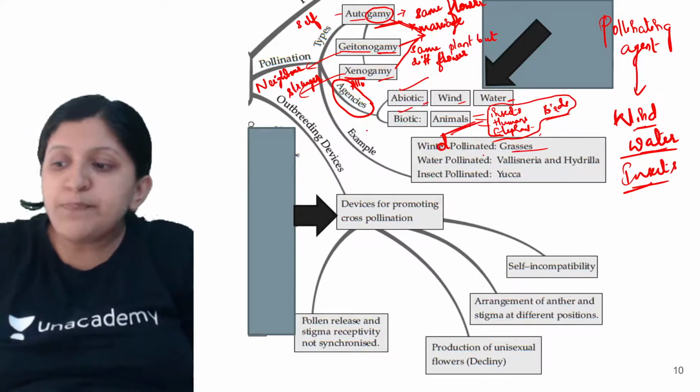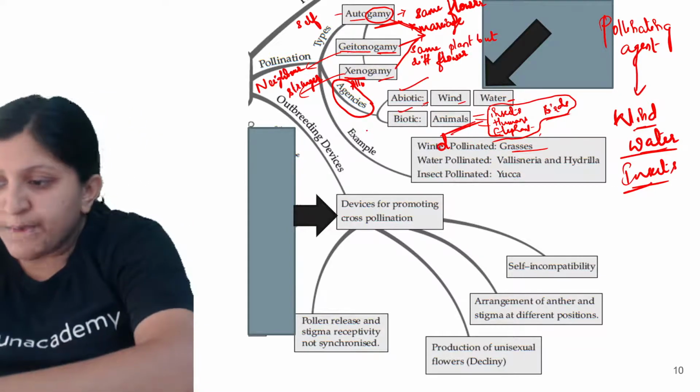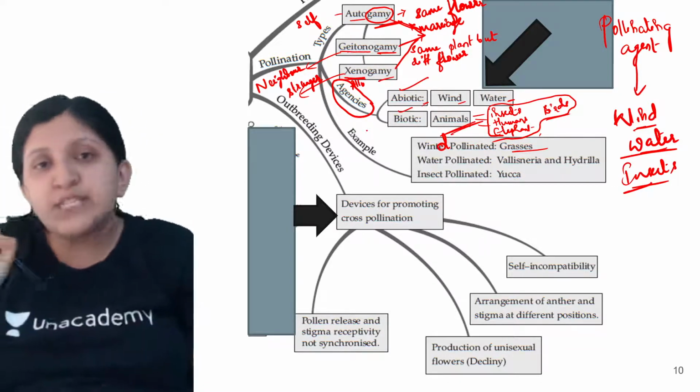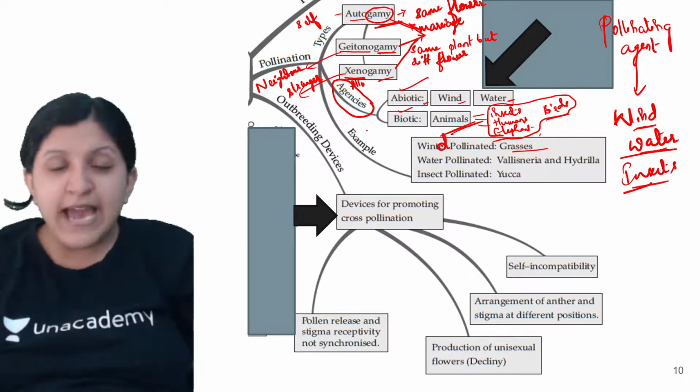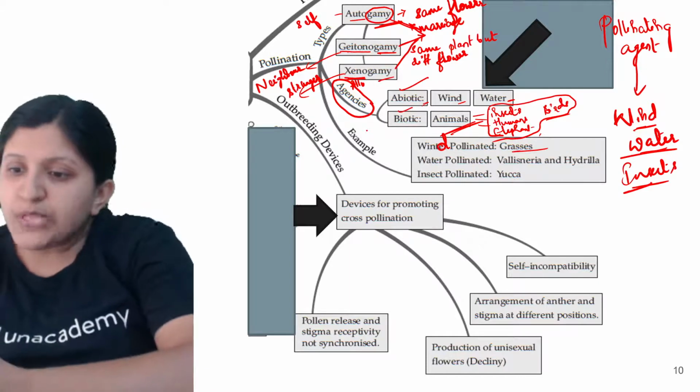So why? Because the flowers are actually smaller then, okay. So flowers are smaller, so they are not even brightly colored because they need not attract the insect, okay. So with respect to that,